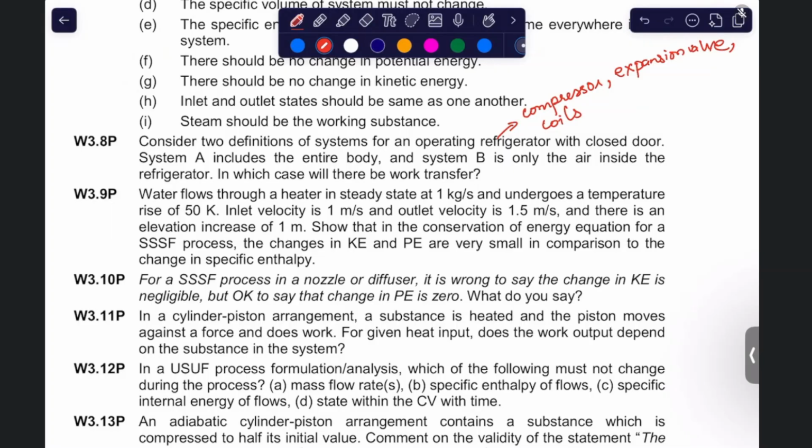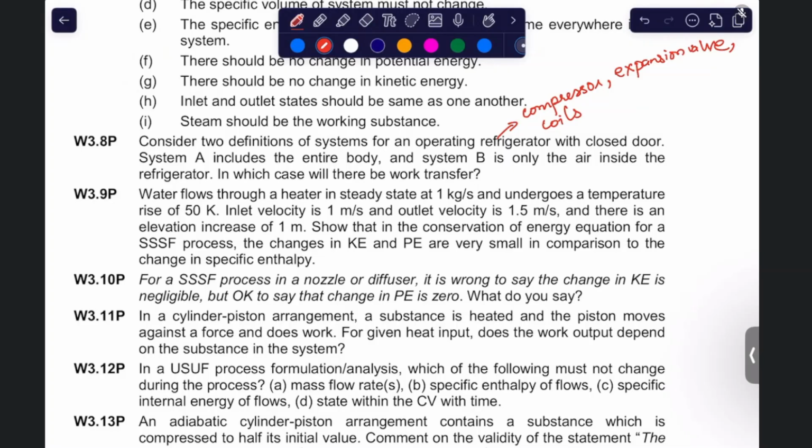But when you define the system boundary such that it crosses that heat flux path, flux meaning it is crossing the boundary, then only can we include those observations in our calculation. So here only the electrical energy input is there, that is given to the compressor,